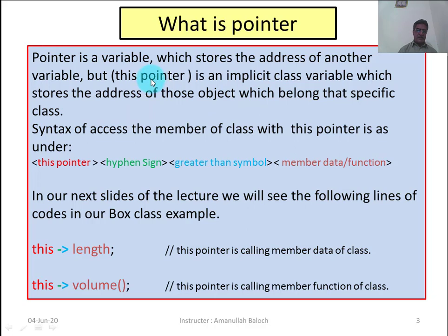This will store the address of all those objects one by one. Those objects belong to that specific class. It means each and every class of object-oriented programming has an implicit variable named this.